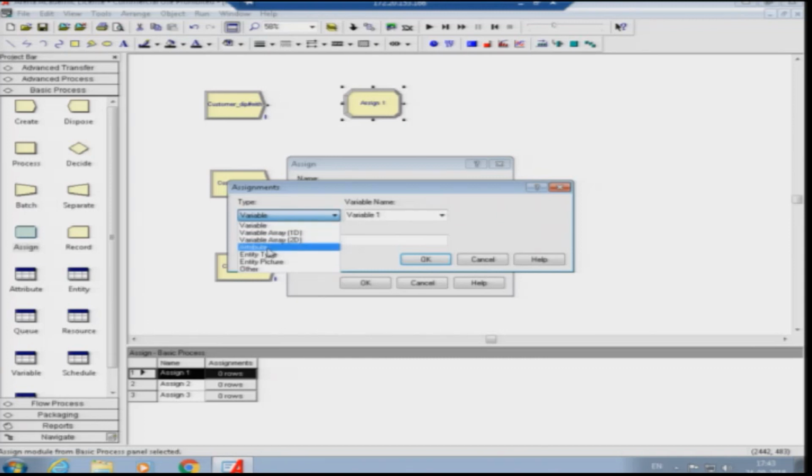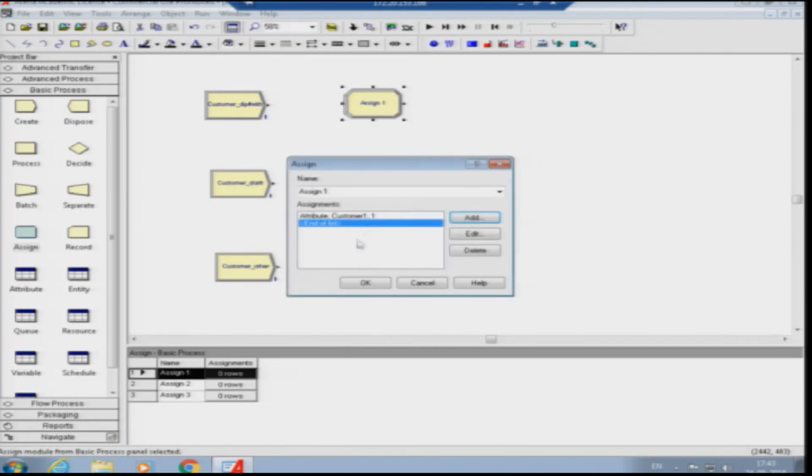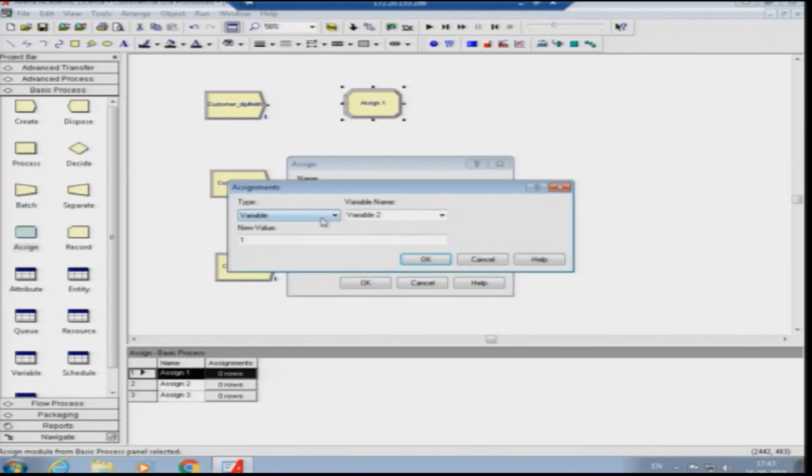Just like the last case, we will put two attributes. One is for specifically detecting whether it belongs to customer 2 and adding one process to it, and the second attribute will specifically define its processing time.